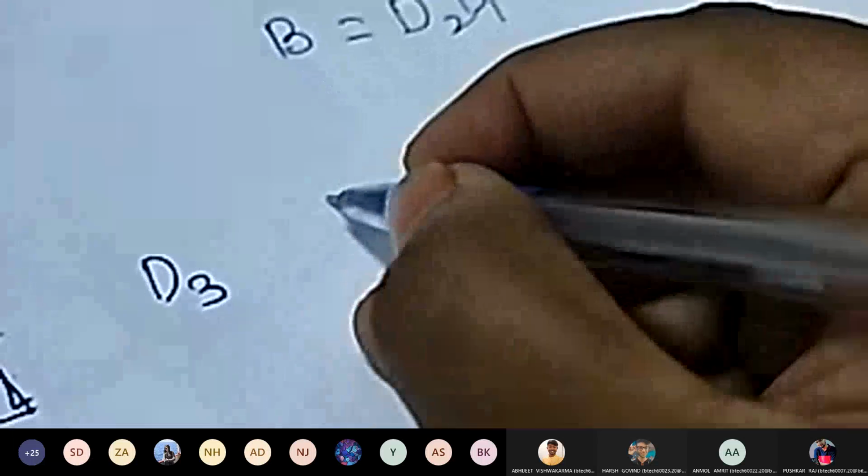So one bar is also there, so you have to take the AND gate. So let us write all the values, that is D3 input value, D2, here D1 and here D0. So we will take the lines from here. Okay, so we have taken all the input lines from here, and we will make one NOT gate over here, and we will take this one. So this value is what? This value is D2 bar.